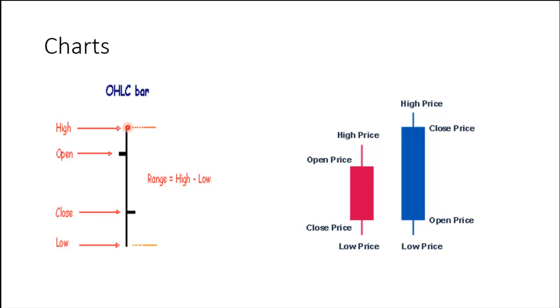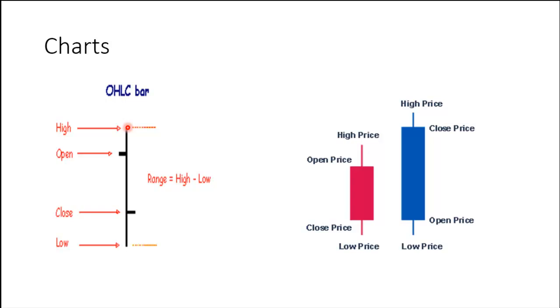On the right-hand side, you see something called Japanese candlesticks. Similar principle, but just displayed differently. They tend to be, if the open price is higher than the closed price, in other words, if the prices move lower, they tend to be red or black. And if the closed price is higher than the open price, in other words, the price has gone up for the day, or the period under question, then it tends to be white